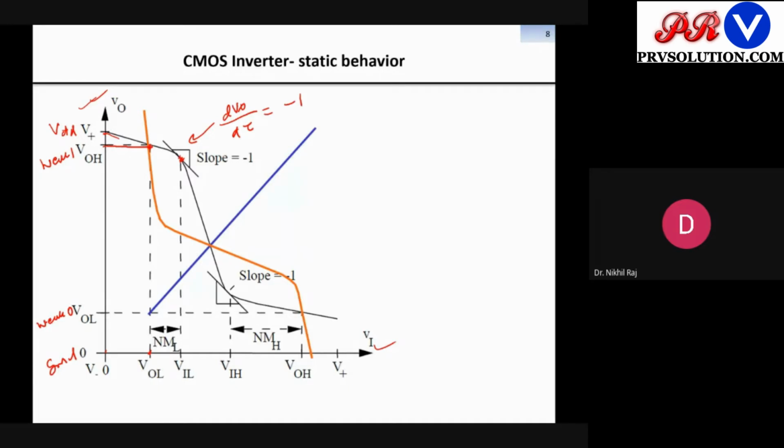So on the point where the curve slope is -1, up to the point of VOL, we say it is the low